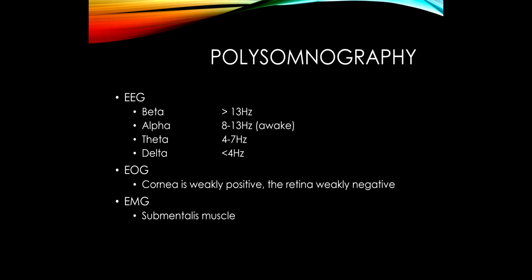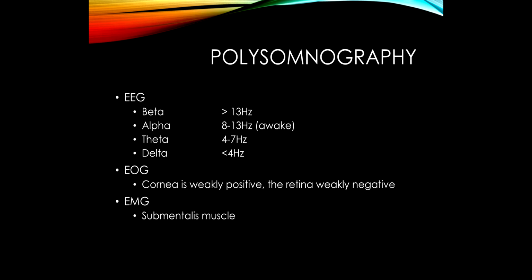So notice here, I said you don't need to know specific EEG patterns for epilepsy outside of absence seizures, but you do need to know the different frequencies of brainwave activity. The alpha rhythm, which is 8 to 13 hertz, is a rhythm we see when someone is awake. And not to get too technical, but when we're doing an EEG test, we see this when someone closes their eyes and they're awake, and we see this nice alpha rhythm. That tells us they're awake.